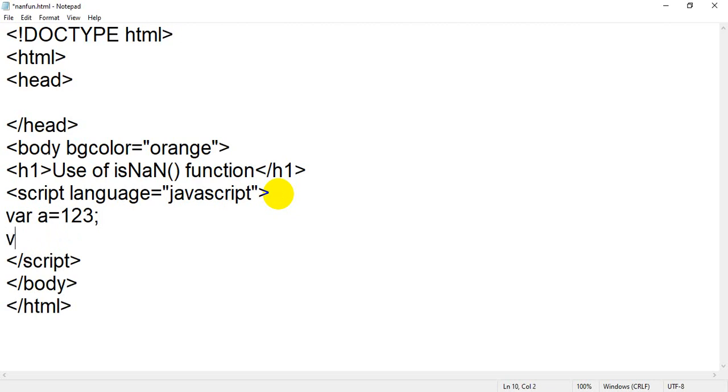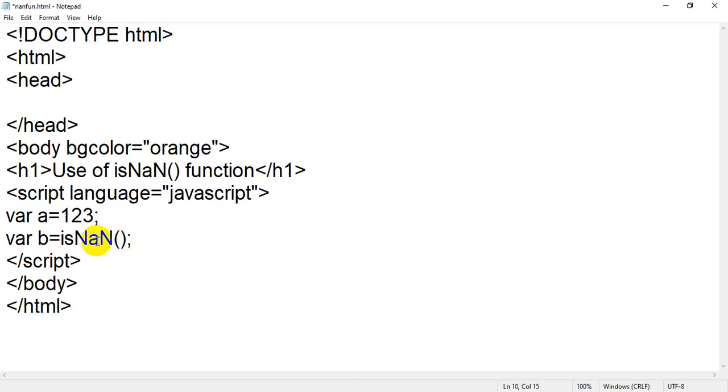Okay, then I have to check. I have declared one more variable where b equal to, I will write isNaN. Okay, again students, please pay attention and see how I have written the isNaN function. This is the built-in function which is given by JavaScript. So you have to write as per the JavaScript rules and regulations. JavaScript says that you have to write the isNaN function in this manner, where no space is required. Is, with i in small letter and s in small letter, n in capital letter, a in small letter and N in capital letter. So you have to write in this manner only.